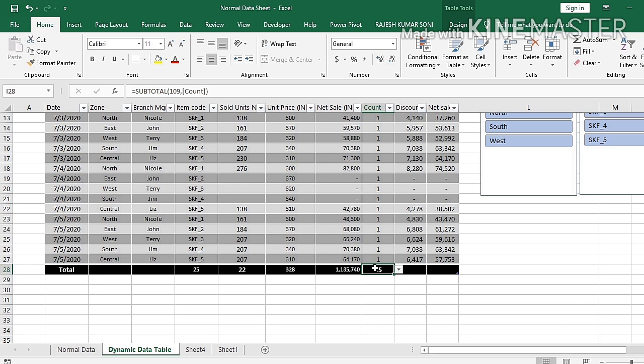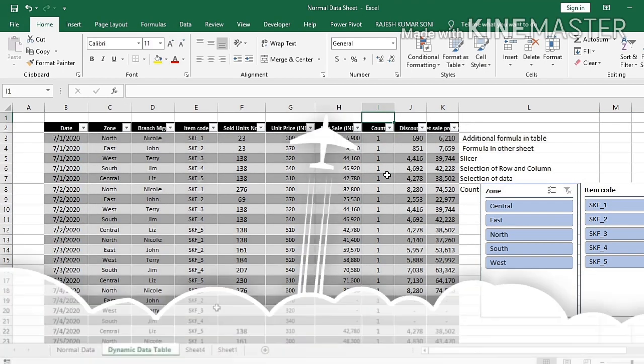So while you are working with data, sometimes you need to know how many rows we have selected or how many rows we have copied. So you can simply check the count and rely on it. You need not select any other column for that. So this is the main use of count, and you can remove this column after finishing the work with the data. Now go to the next feature.